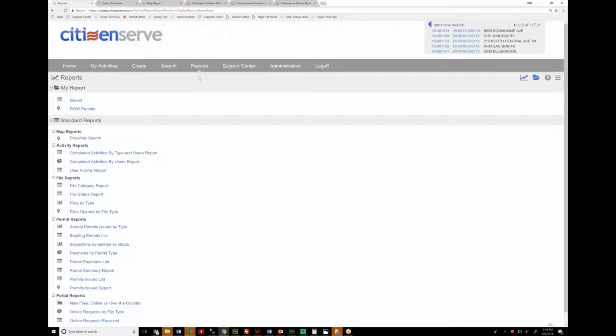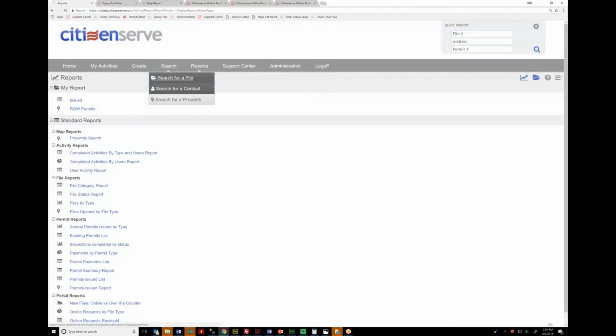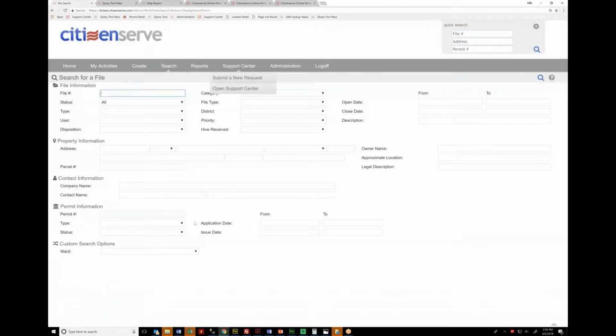So is there a way, let's say if I wanted to search for a permit, but currently right now, most of them are tracked by APN. You can search on lots of options. Quick search is kind of if you know what you're looking for, like the address or the number. So if you don't know that, you can go into search for a file, and you can put lots of information. So you can say, all right, I know it's a right-of-way permit, so my permit number is going to be an ROW,